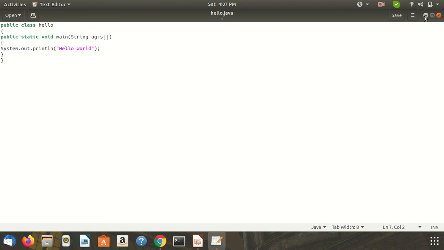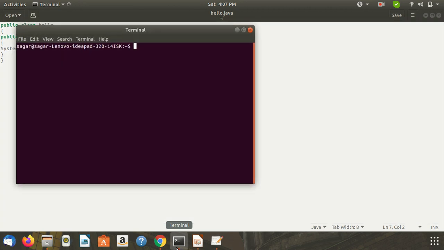Now to compile this program we require the command prompt, or here we use the terminal. So type javac as the compiler name and the name of the source file, Hello.java, and press enter.